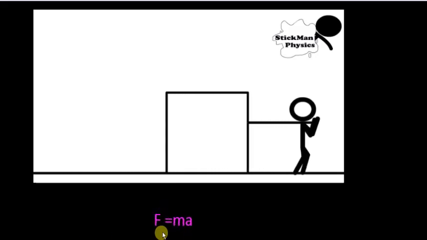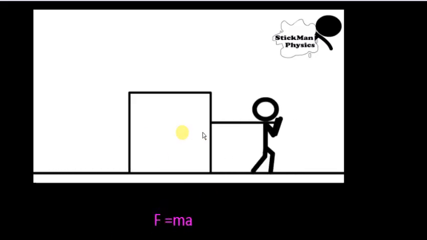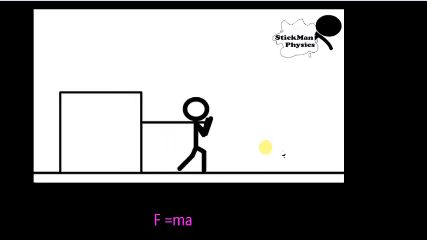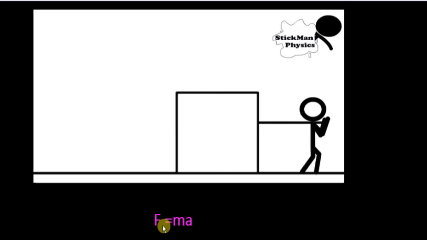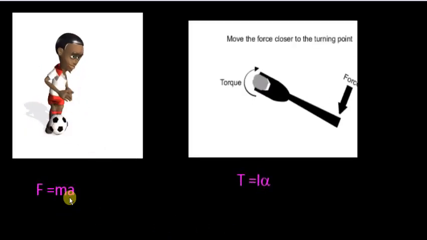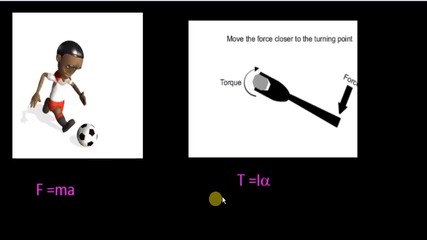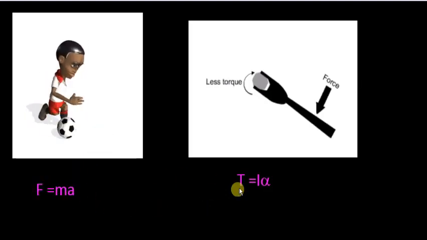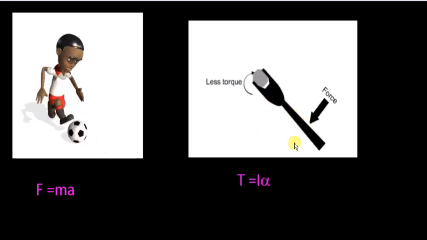Force is a physical quantity which produces translational motion. Translational motion means the body goes from one place to another place. Force is given by the formula F = m × a, where m is mass and a is acceleration. Similarly, torque is a physical quantity which is analogous to force, and torque produces rotational motion.